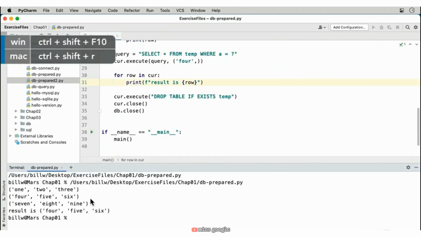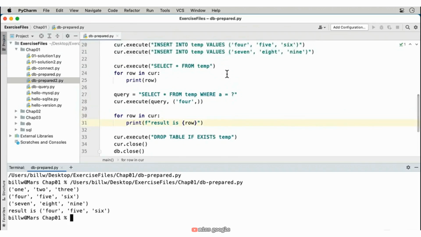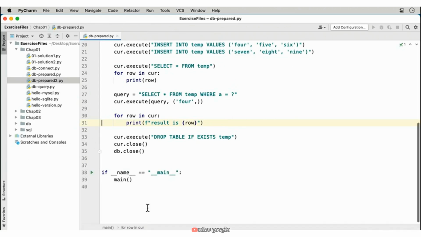And we see here's the result of our select star from temp. And then here is the result of select star from temp where A equals 4. And we have that 4 string right there. So you're starting to see the value of prepared statements. Let's take a look at